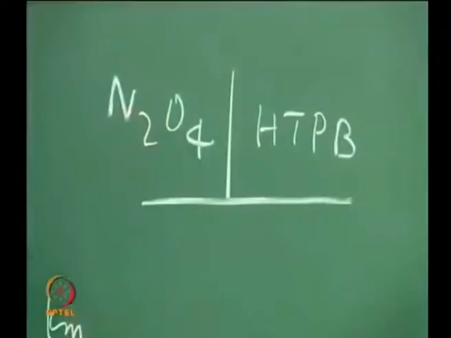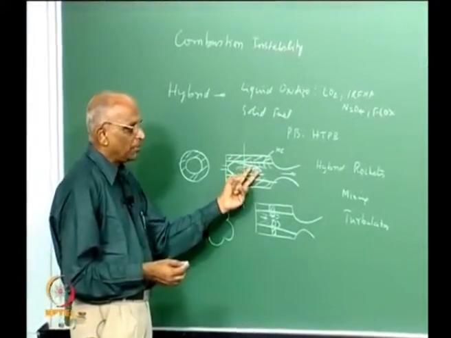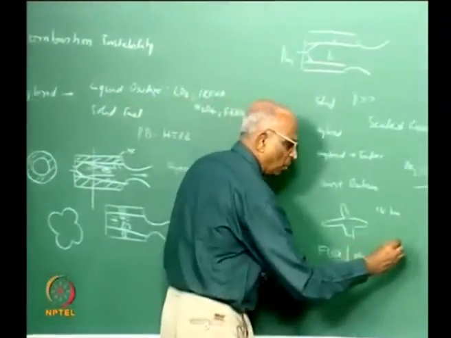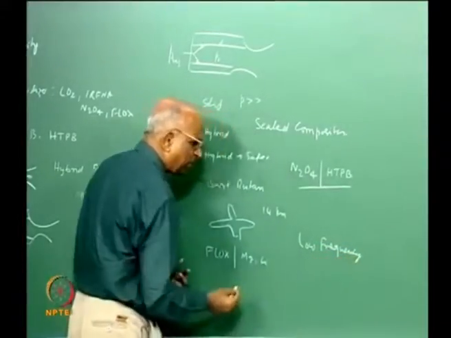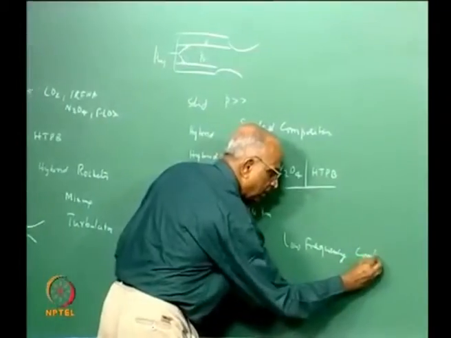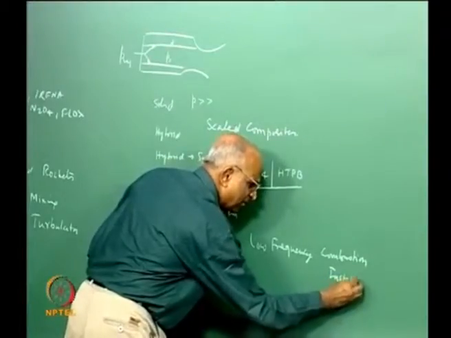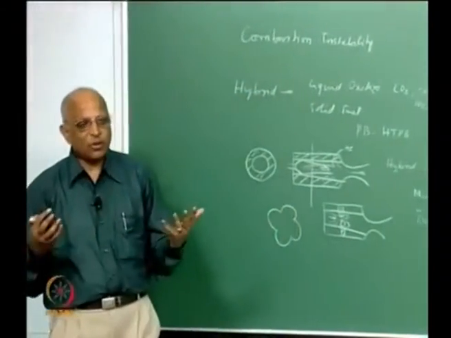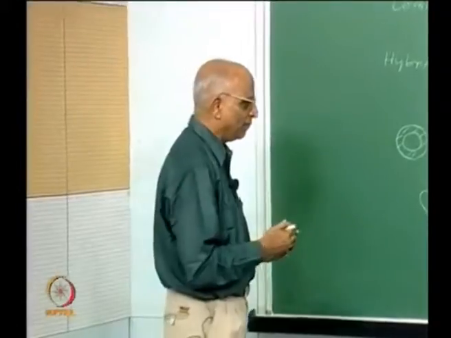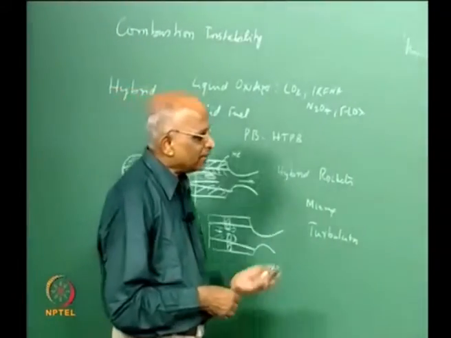I think this is all about hybrid rockets, but there is one problem with hybrid rockets. Because of the slow rate of reactions, it is very susceptible to combustion instability in the low frequency mode, and I am going to talk about it right away. It is susceptible to low frequency combustion instability. Since this is our next topic, we will not spend time on it at this point. After studying what causes combustion instability, which is new for all of us, let us study this and then come back and see what is the real problem over here. Maybe with this I go to this